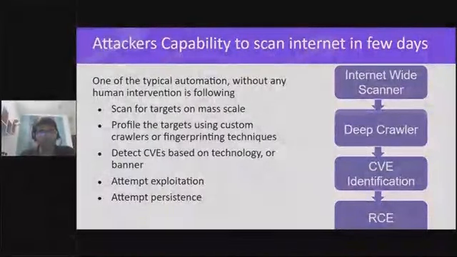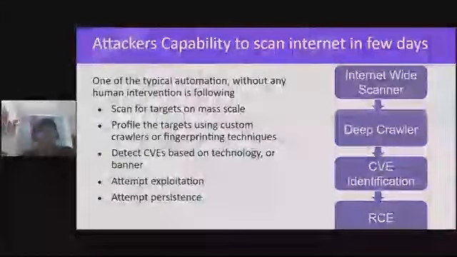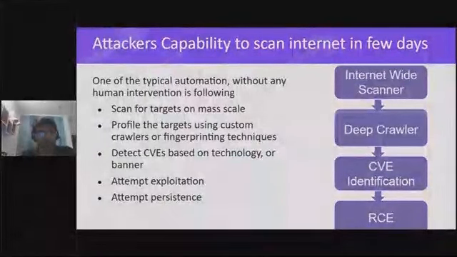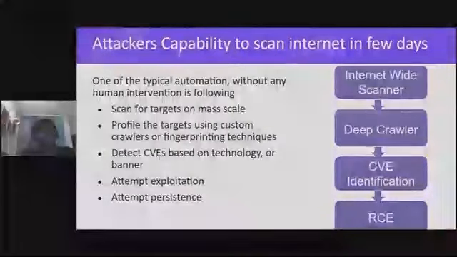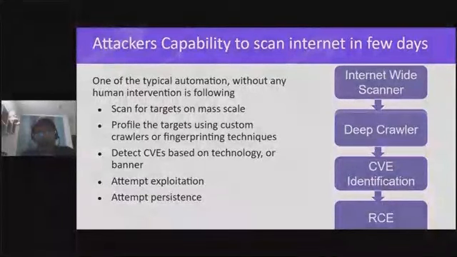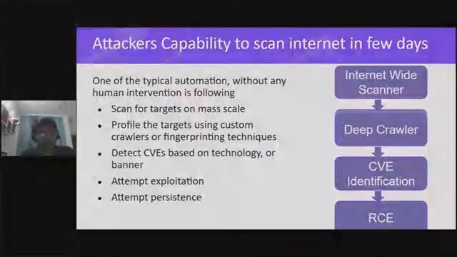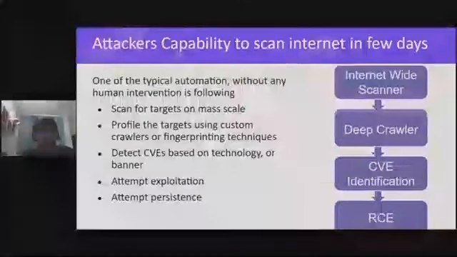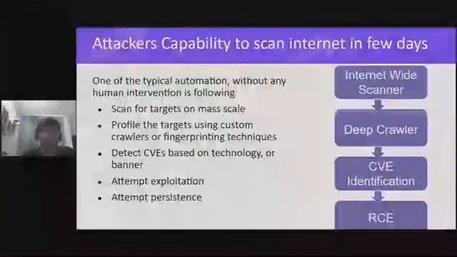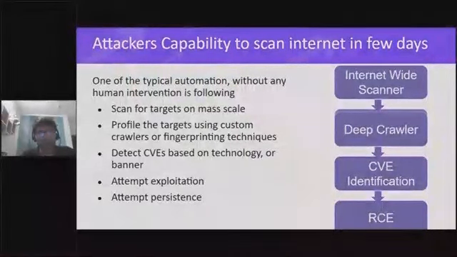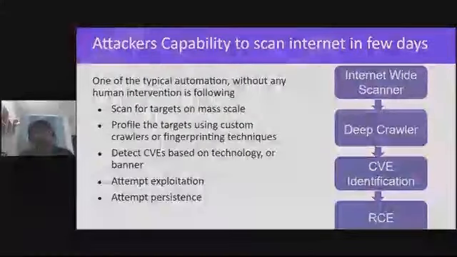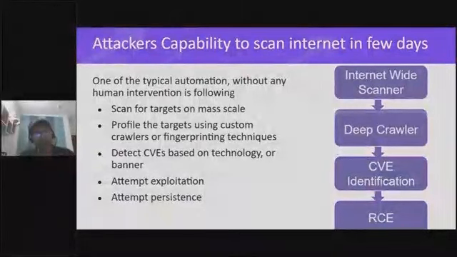Then the next step is to use a deep crawler. What this crawler does is, for different products, it crawls and fingerprints the service, and detects the technology, its versions, etc. The reason for this is that it makes it easy to map a CVE to a technology to a target. For example, if I take an ESXi server,